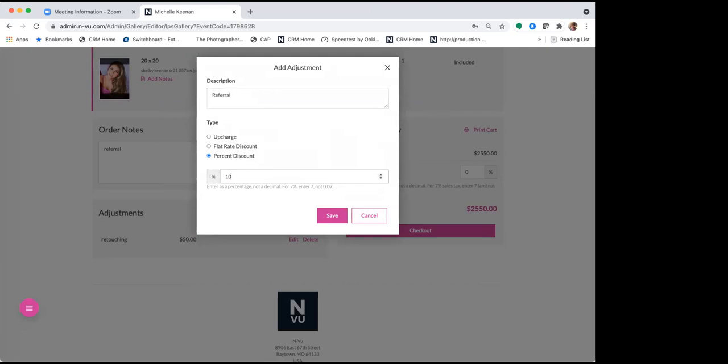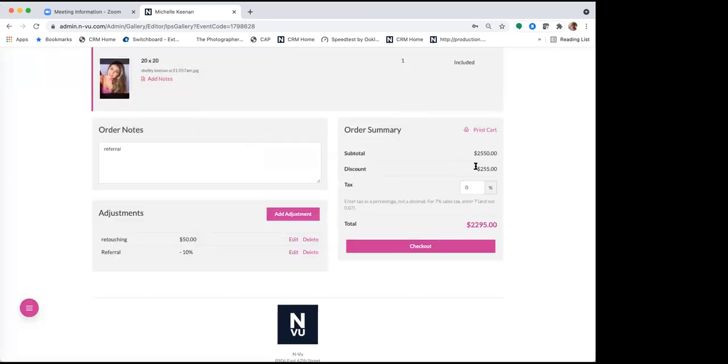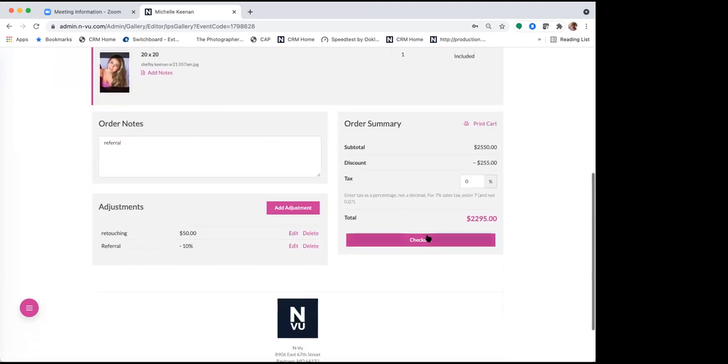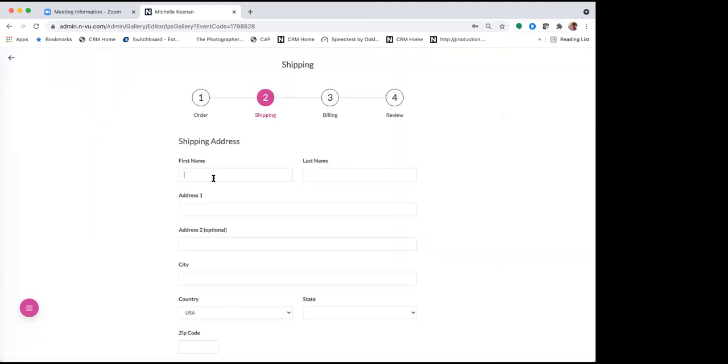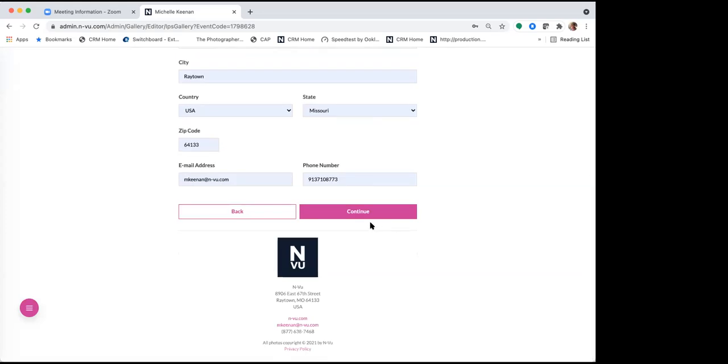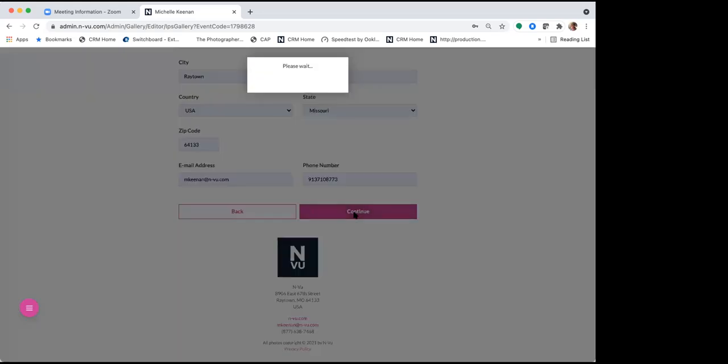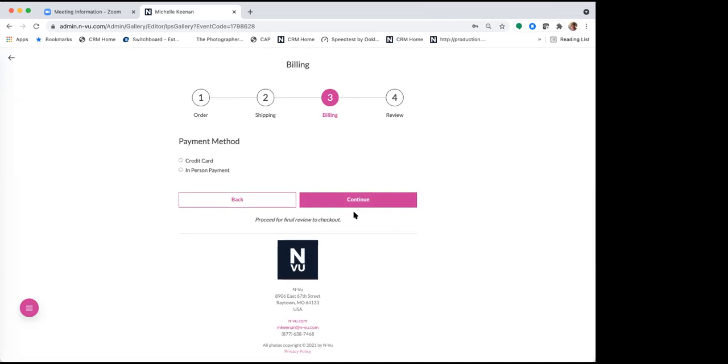And we'll just say that. All right, so that makes adjustments right there. All right, and when you're done and you're ready to check out, fill in the client's information, continue to check out. And here is something, whether you use InView's Merchant or not, I still highly recommend that